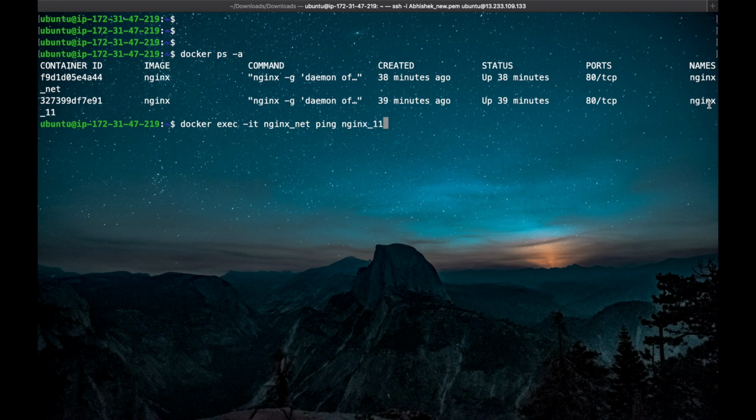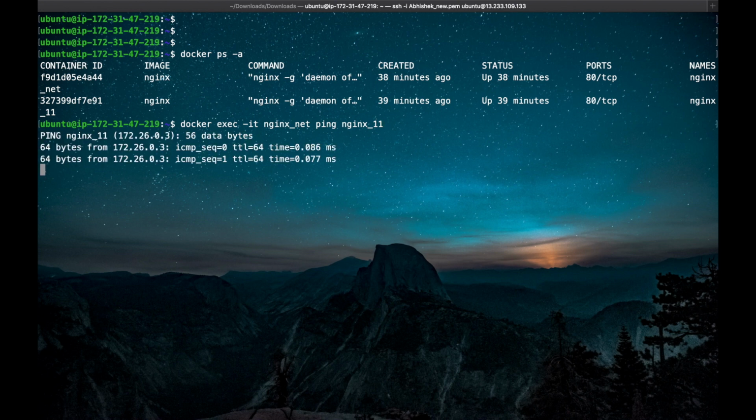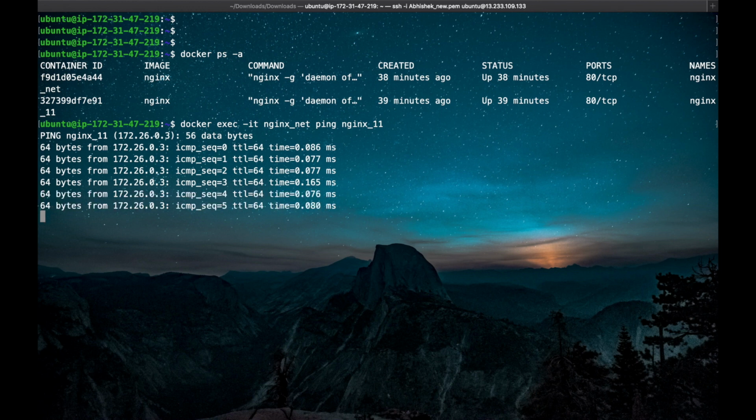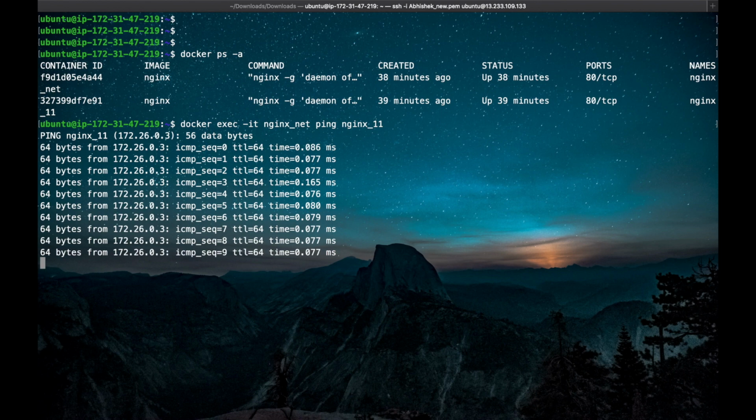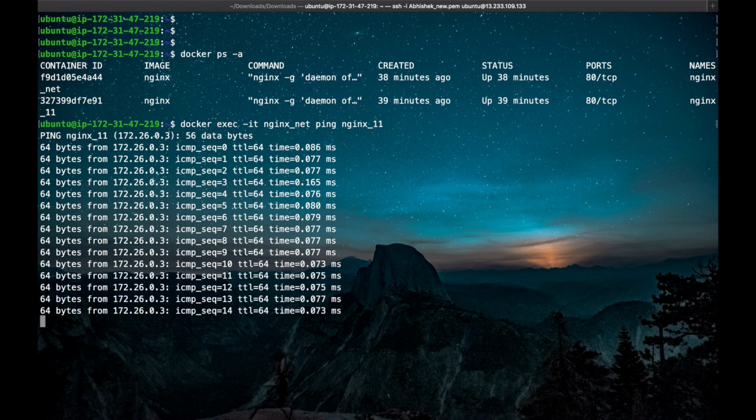Once we execute this command, we'll get the response from nginx 11. We can see here we are getting the response from nginx 11. That means we have a connection between the two containers, because both containers are present in my custom network. So let's clear this one.